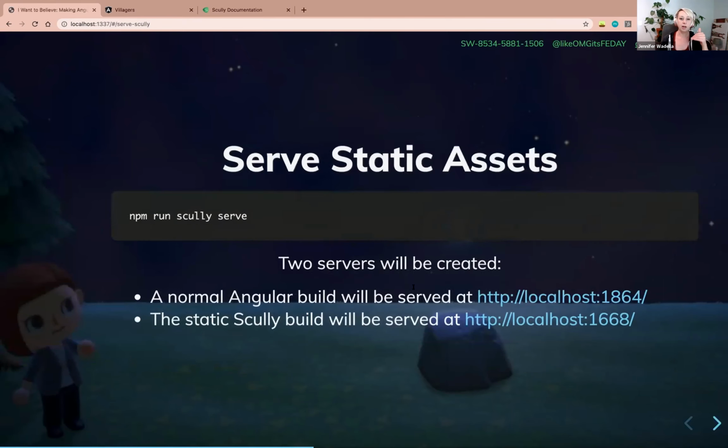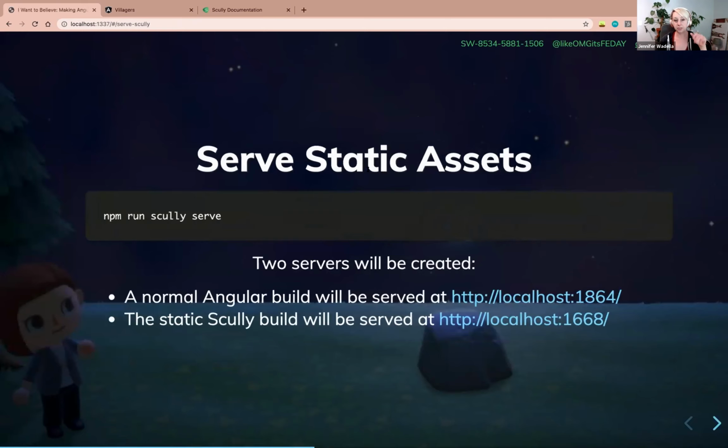All right. So the next thing we're going to do is run serve to serve our application. When we do npm run scully serve, it's going to boot up two servers. The first one is going to be pointing at our dist directory just as is, so if we just had our regular production build, that's going to be served there. And then the Scully server, where it's taken all these files and basically created index.html files for each of the pages that we care about, are going to be served out of a different directory on different ports. So you can go back and forth and see what's been done and troubleshoot there.